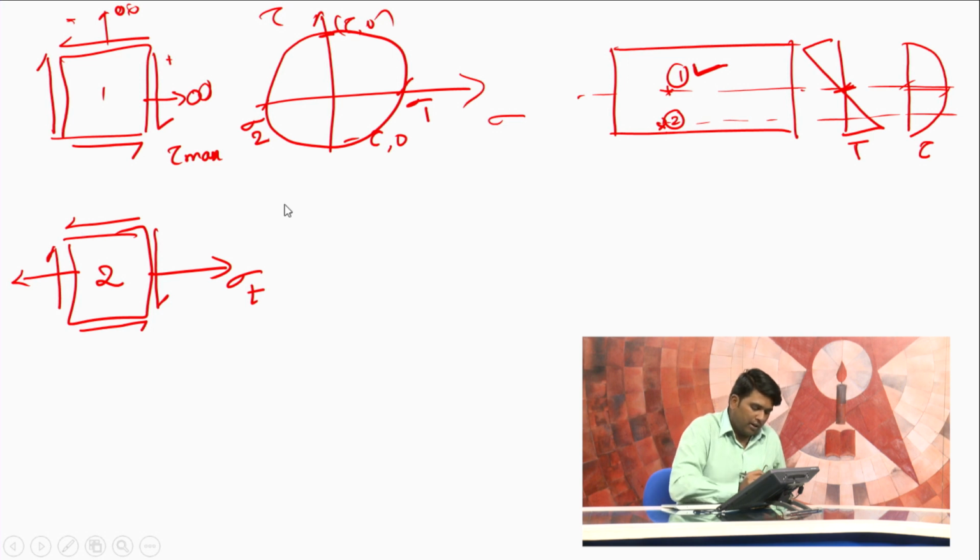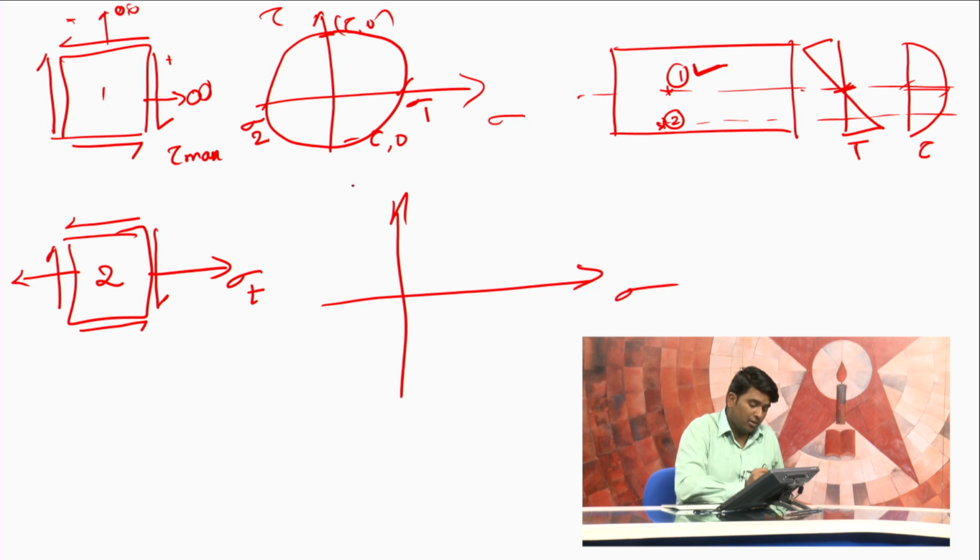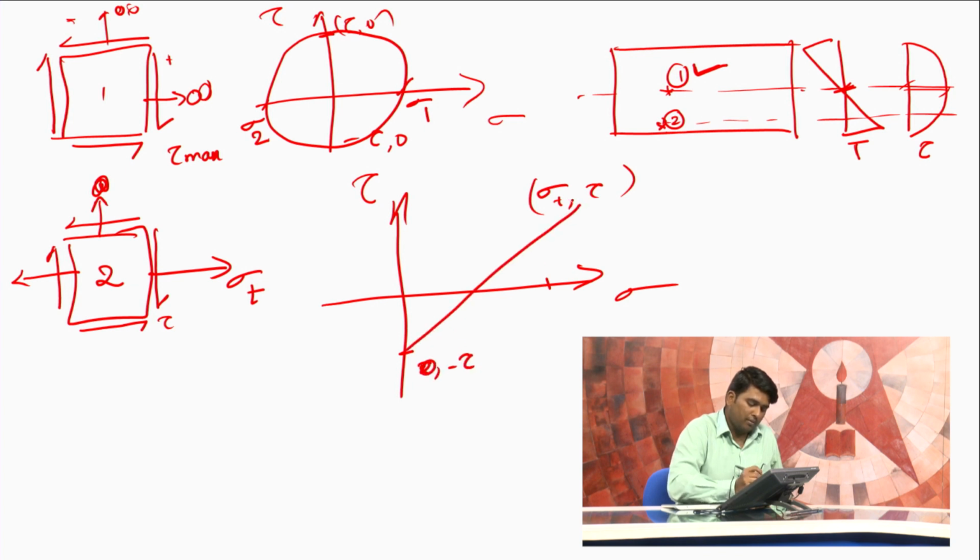Right. So, we can draw Mohr circle for this case also, sigma, tau. So, we have sigma t and tau which is of smaller magnitude. Remember we do not have any horizontal or sigma y element here. So, we will have at this point sigma t comma tau and then 0 comma minus tau, join these points and then draw Mohr circle.